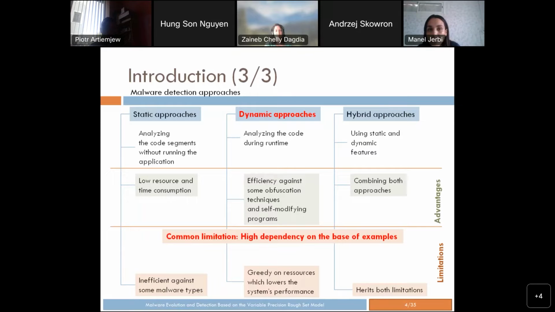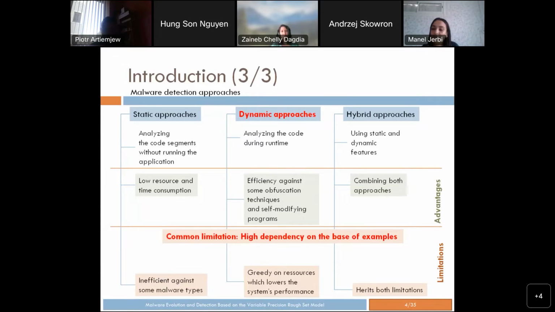That's how dynamic approaches were proposed. They consider the behavior of malware during runtime, but they are also known for their greed for resources, which lowers the system's performance. Hybrid approaches were then introduced. They use both dynamic and static features, but it's shown that they can inherit both limitations from the previous approaches. Also, it was noted that all those proposed approaches can share a common limitation, which is the high dependency on